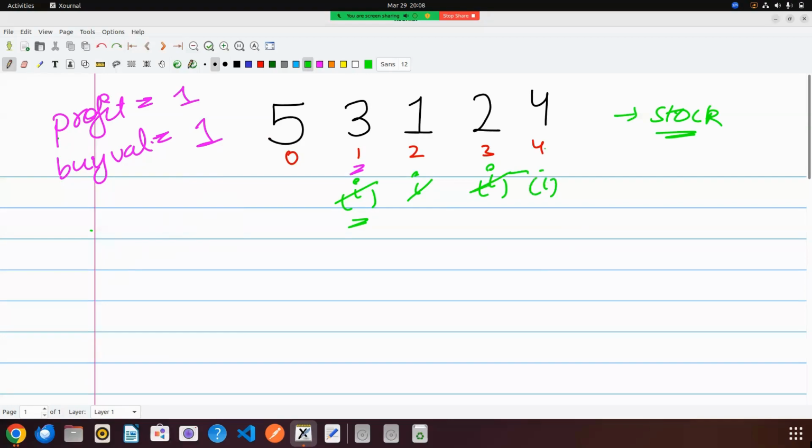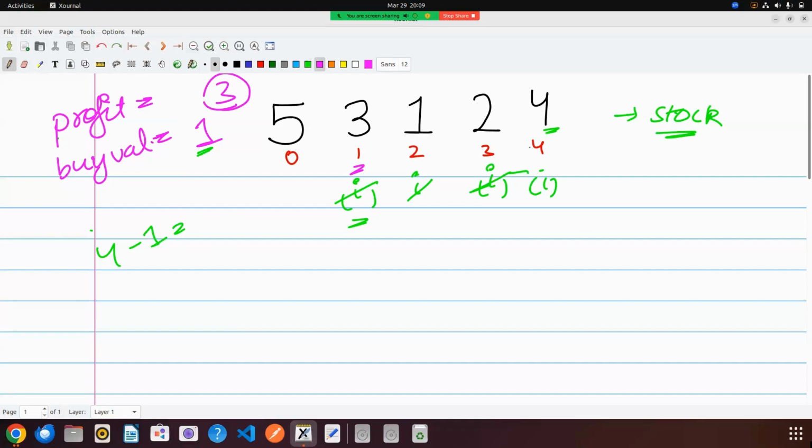Now my I is pointing on the 4th day. Okay, the 4th index. What's the profit we can achieve? If I'm going to sell it for 4 and if I bought it for what? 1, the profit I can achieve is what? 3, right? Which is better than this 1. Okay, let's update this profit. Now my profit is what? 3, right? Let me erase this. Okay, now my profit is 3